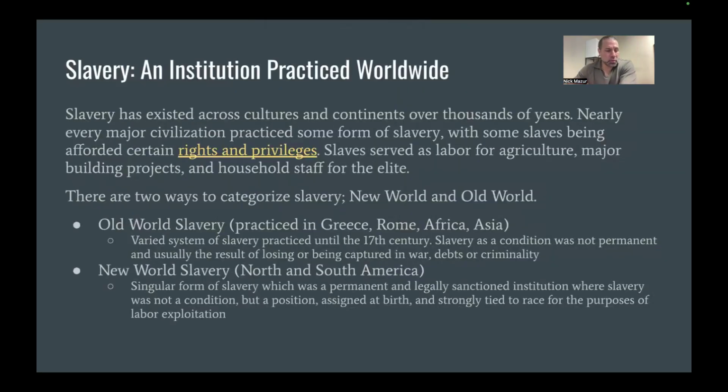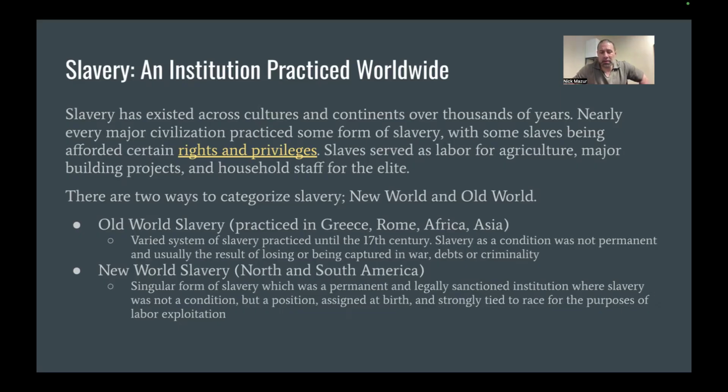So I think most of you are probably aware that slavery is an institution that has been practiced on every single continent; every single society has had some form or type of slavery. It is often misunderstood that the type of slavery that most of us are aware of, that existed between the 17th and 19th centuries here in the United States and in South America, was the type of slavery that had basically persisted for millennia. And that's just not true.